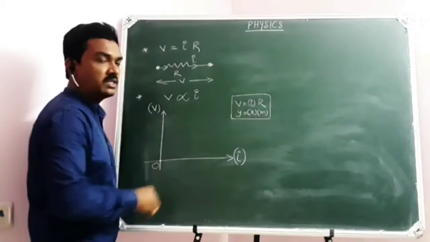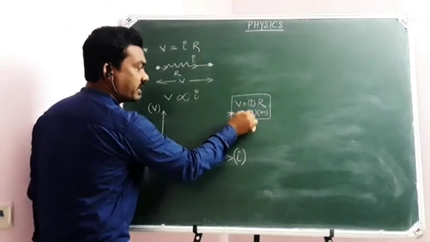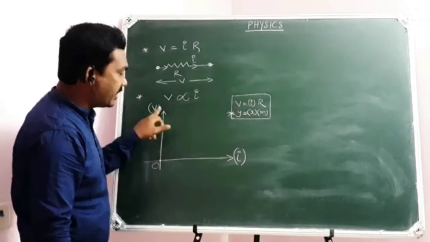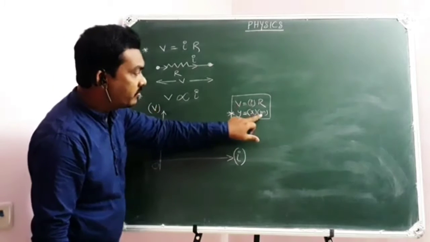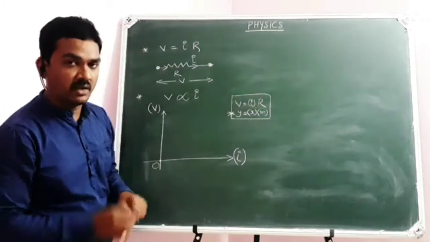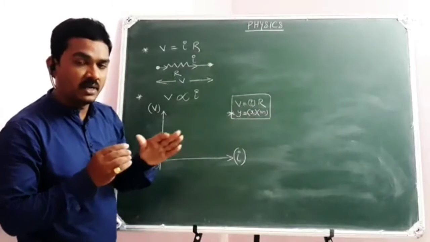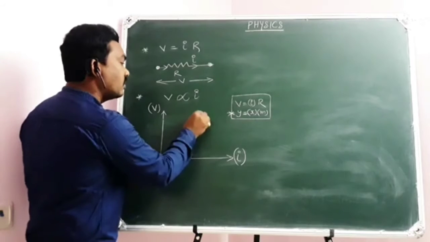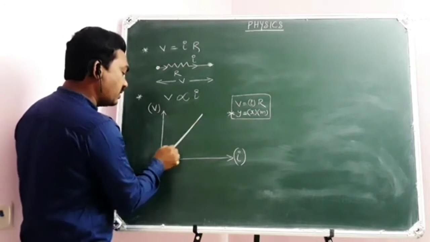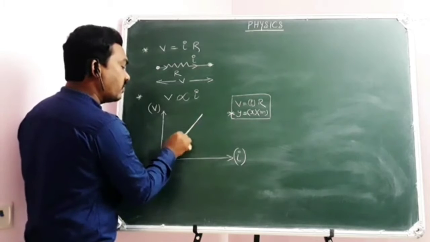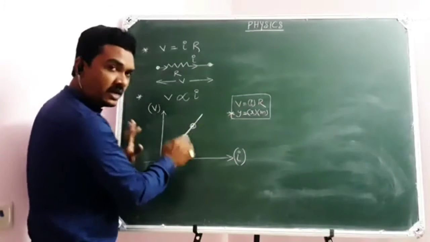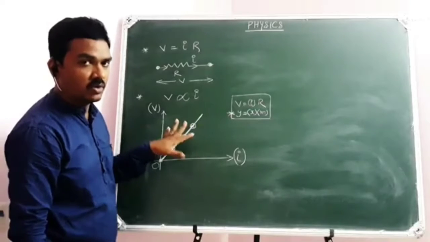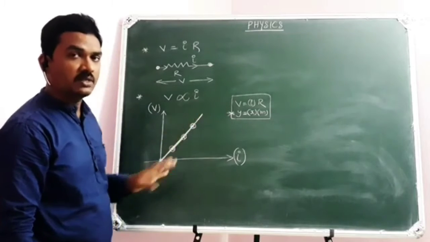This is a required mathematics of the coordinate system here. y equal to mx, where current is taken on the x-axis, potential difference is taken on the y-axis, and m represents the slope of the graph. You know, y equal to mx is a mathematical equation whose graph will be a straight line passing through the origin. Hope you have learned the concepts of the coordinate system in mathematics. If you have any doubts in this particular mathematical area, you can message me on WhatsApp so that I will explain during the Zoom class. Still, I hope you have learned these basics of mathematics.